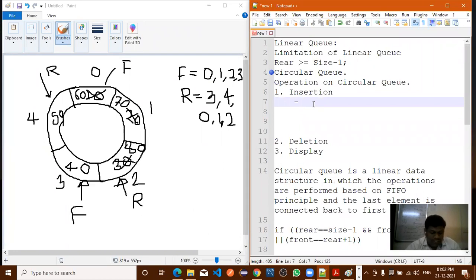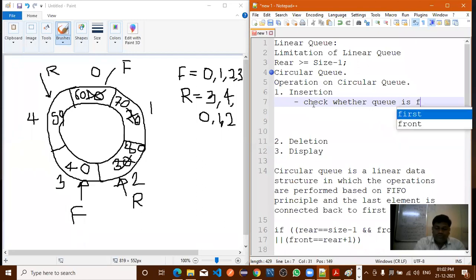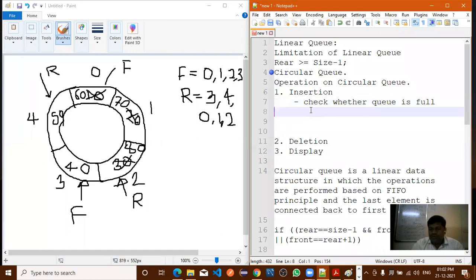Now what do you check first? Check whether the circular queue is full.